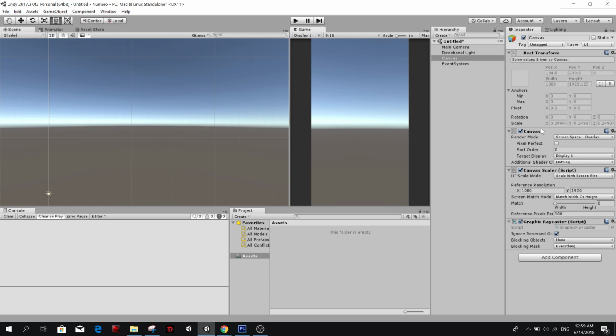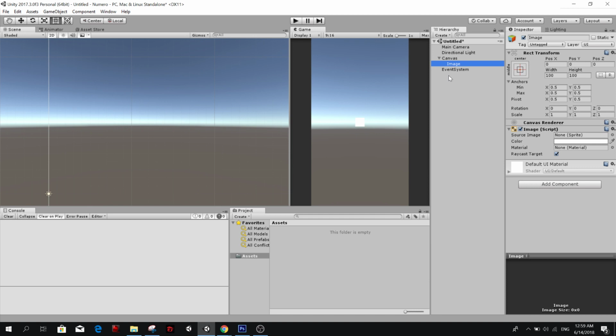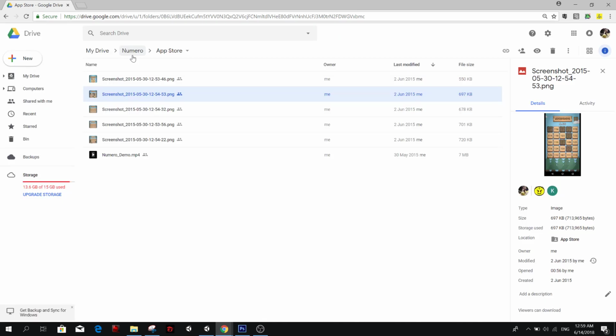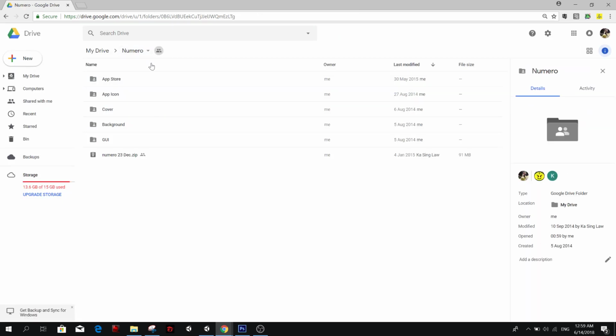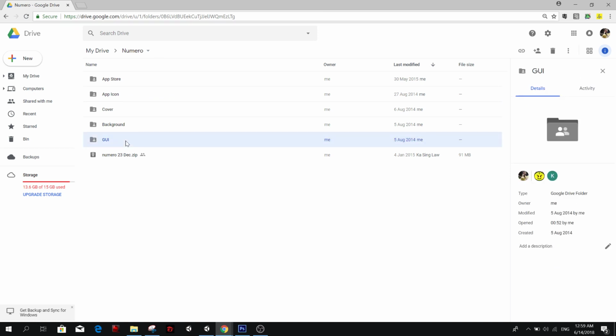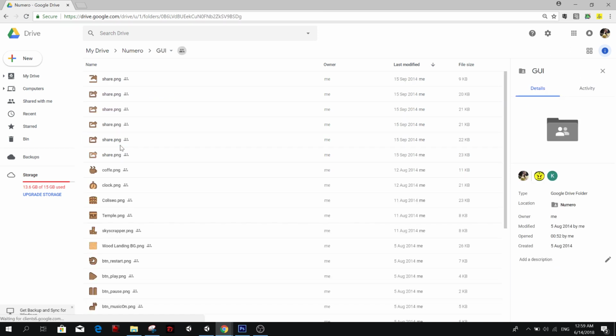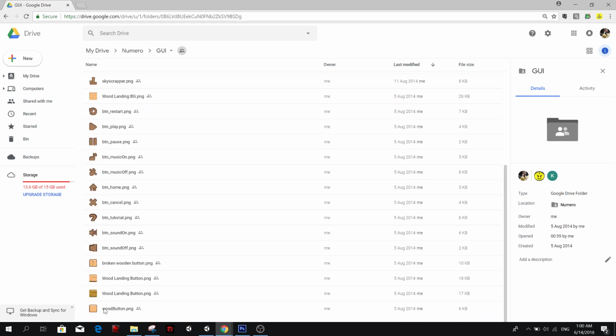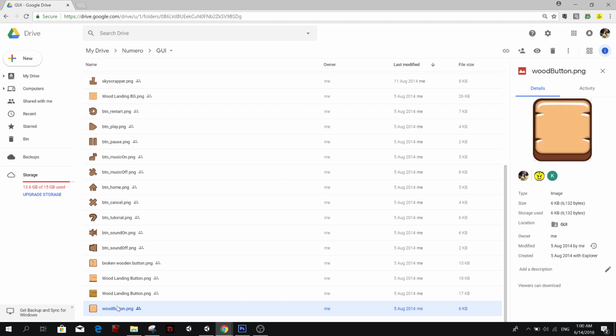So let's make a UI, shall we? No, let's do this properly. I should download all the textures that we're going to be using. So I go back to my drive. If you're the programmer of your game and you have an artist, you should tell your artist to just upload everything in the folder, and you should be able to just download it and put it in your game.